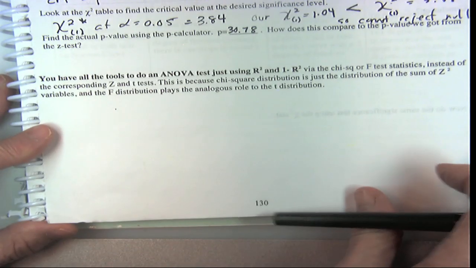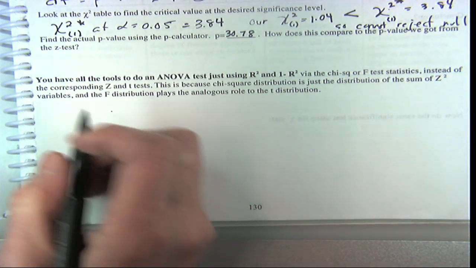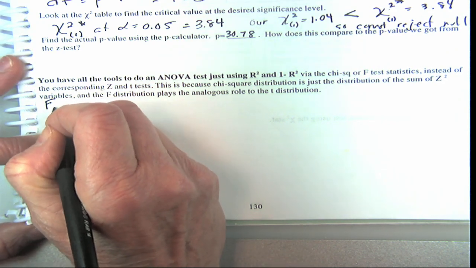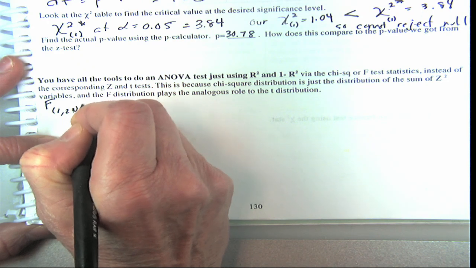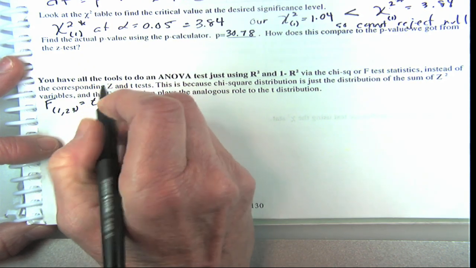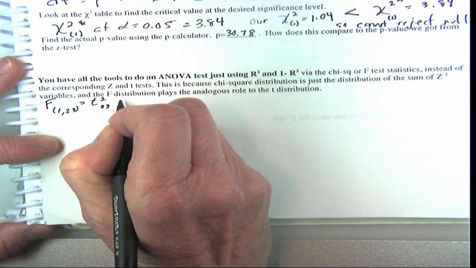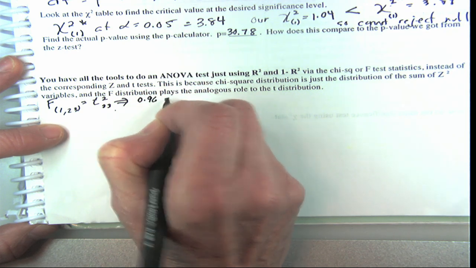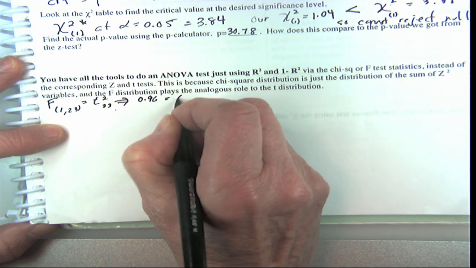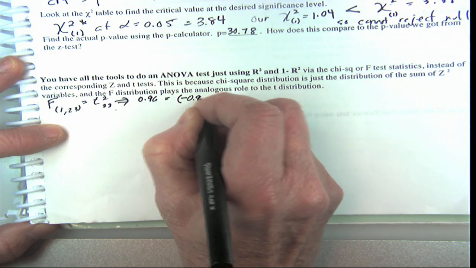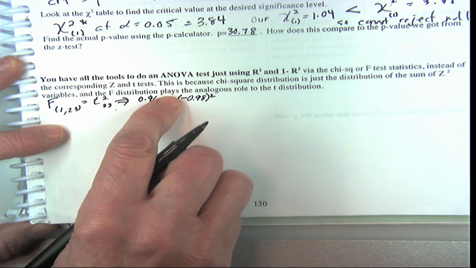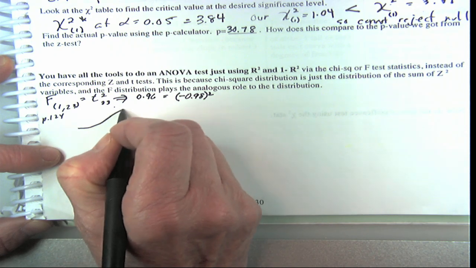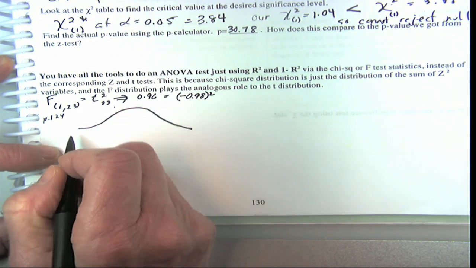All right, so we can start with the f one. This is all on page 124. Right now we have this f statistic with 1 and 23 degrees of freedom, and I'm saying it's the same as the t-squared with 23 degrees of freedom. In other words, this f that we just got, which was 0.96, is the same as the t we got before, which was negative 0.98 squared. And on page 124, that's what I'm drawing here, we have this t-curve that we did before,